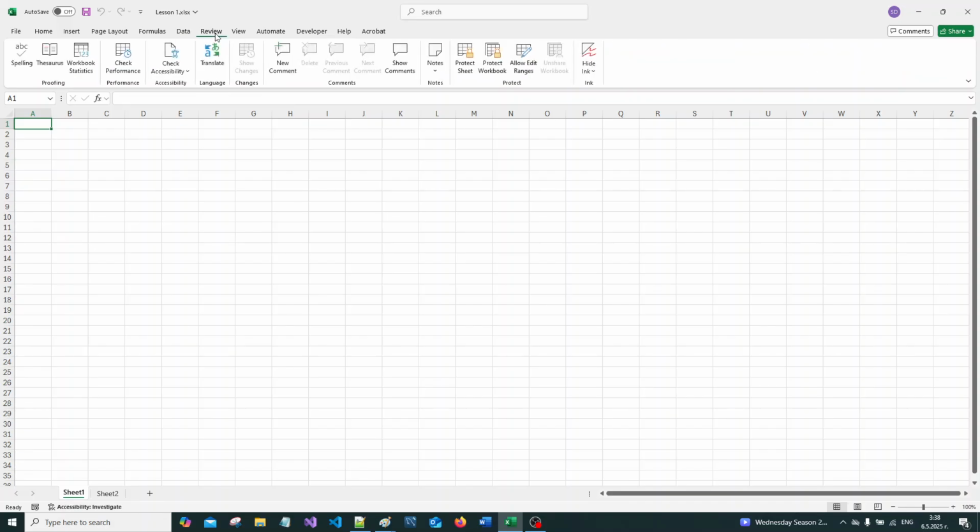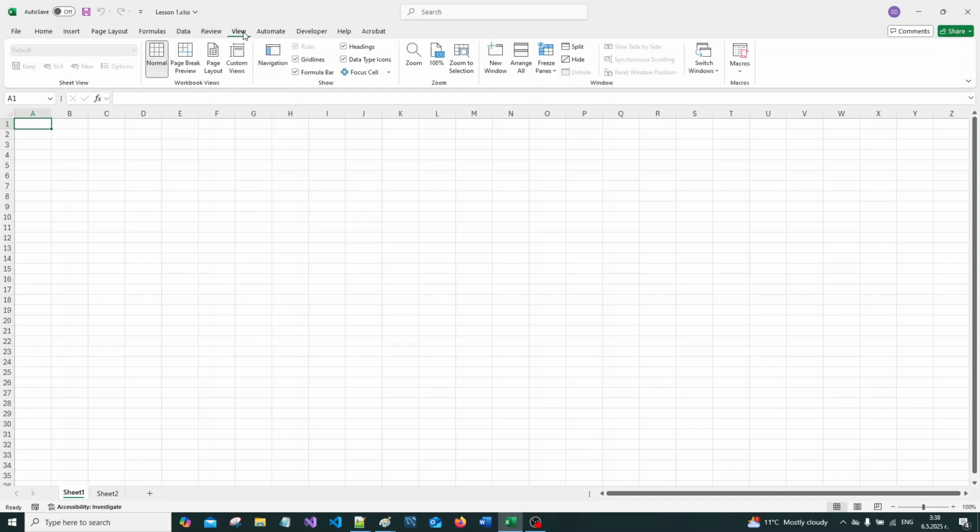On the other hand, the review menu contains some settings which allow us to protect the worksheet that we work on, or the whole workbook, I mean the file. We can of course protect the different cells so that the user by accident is not allowed to delete a value inside the working environment, I mean the spreadsheet. The view menu also contains some